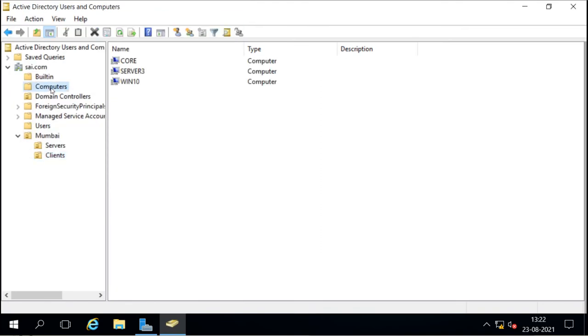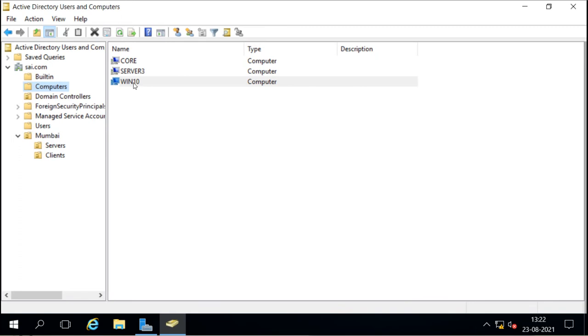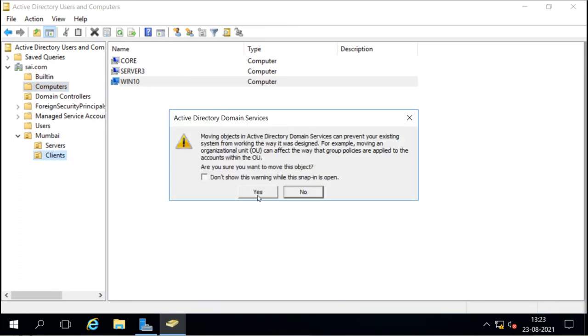So by default it will always create the account here, under the Computers container. Now this is our client account, so I will select it and move it to this client OU.